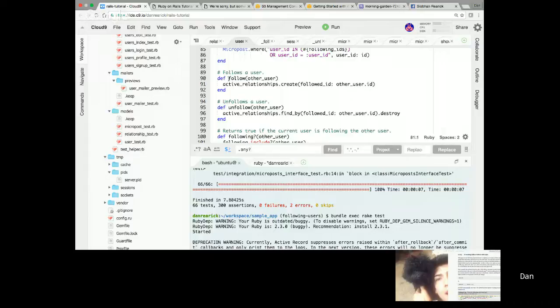So it's defined as a method that takes the variable other_user, and then active_relationships.create creates the actual relationship, taking the followed_id, taking the other user's ID variable that has just been passed and making it the followed ID, which again,